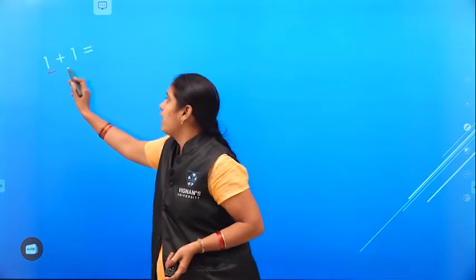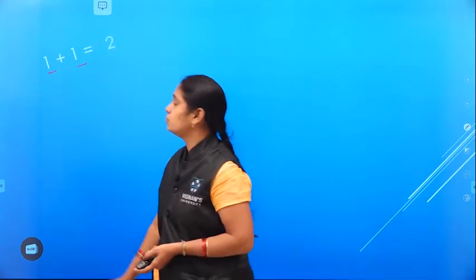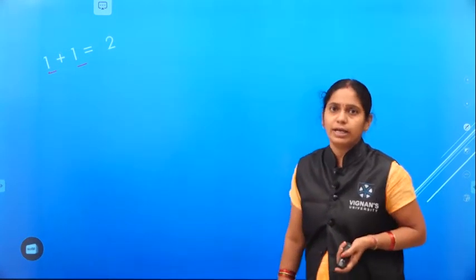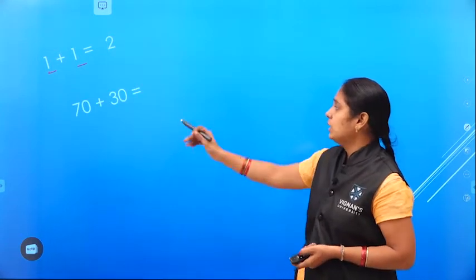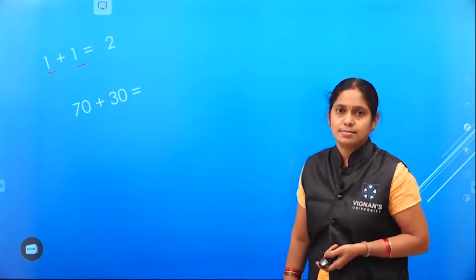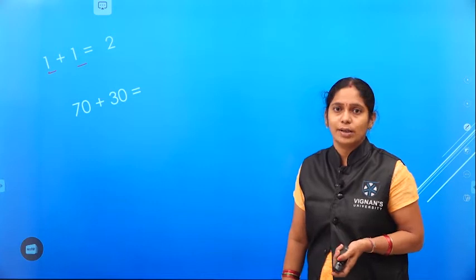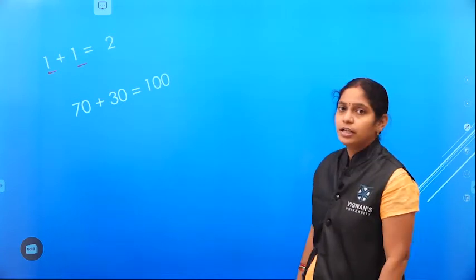Two numbers, 1 and 1, and I ask you to tell the sum. Immediately you can tell it as 2. If I ask one more question, what is the sum of 7 and 30? How much is 7 plus 30? For this also you can answer immediately.